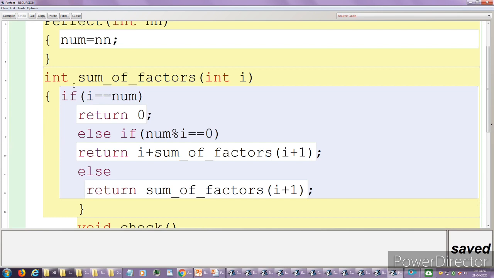Next is the method by which we are going to add the factors, the sum of the factors that we are going to present here. Int sum of factors, int i equal to num, mind it, i equal to num.